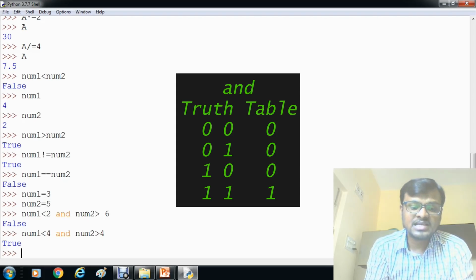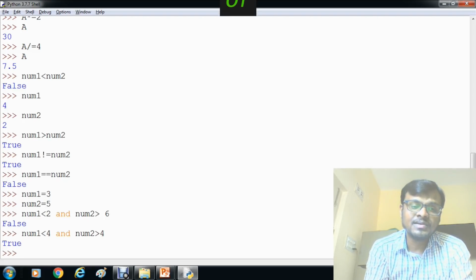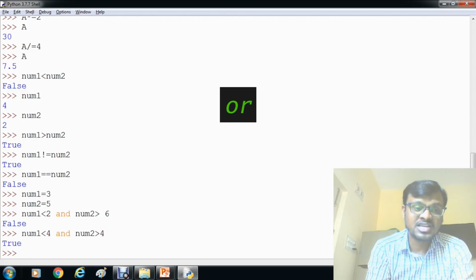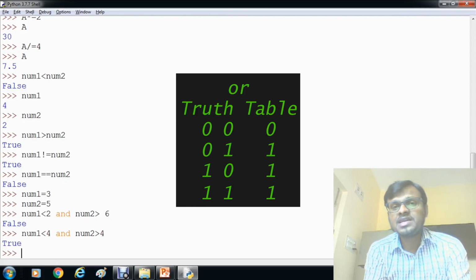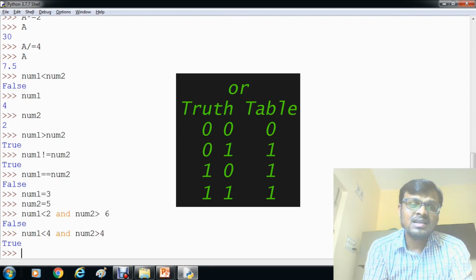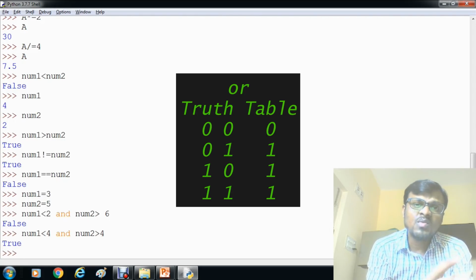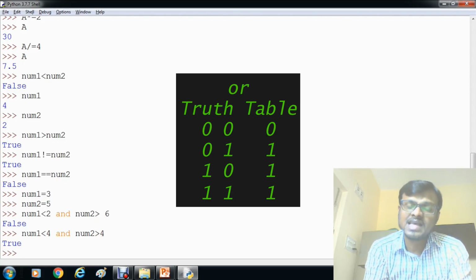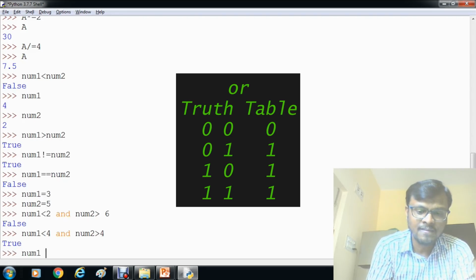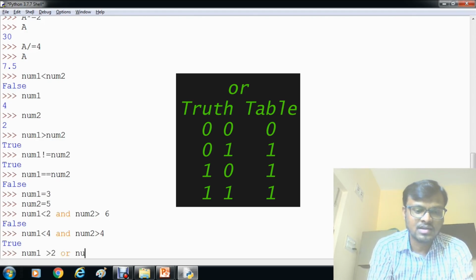Okay, we'll check with the next operation called OR operation. In the OR operation, what will happen? If either condition is true, if any one of the conditions is satisfied, it gives the output as true. For example, num1 greater than 2, I should use OR now here, num2 less than 3.